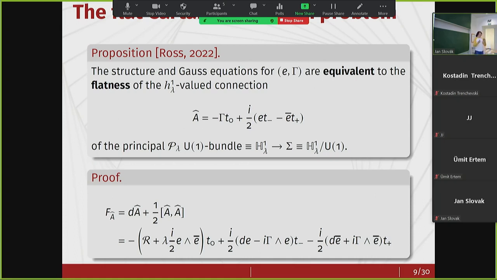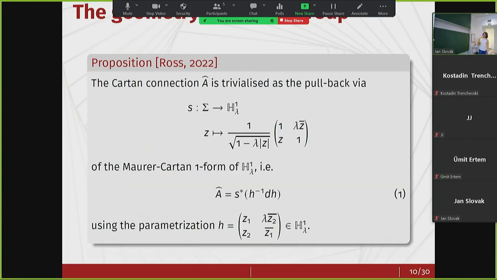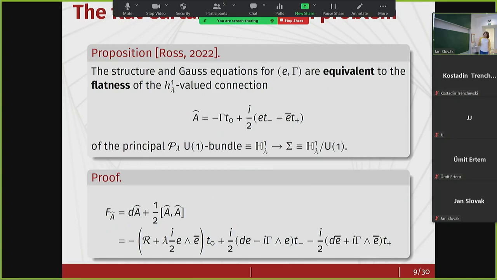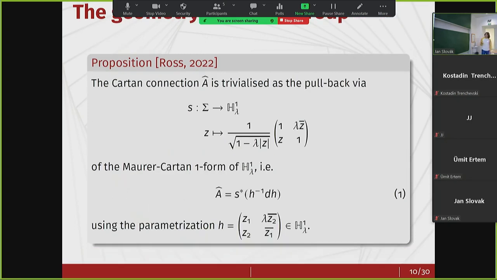So describing all the geometry of the Riemann surface, we can put the coframe and the spin connection in this connection, and the flatness of this connection is going to guarantee that the structure and the Gauss conditions are satisfied. And now something also nice: this connection may look like I just took it out of a hat, but there is actually a nice geometrical interpretation of it. If we have this section map, where sigma denotes the Riemann surface,